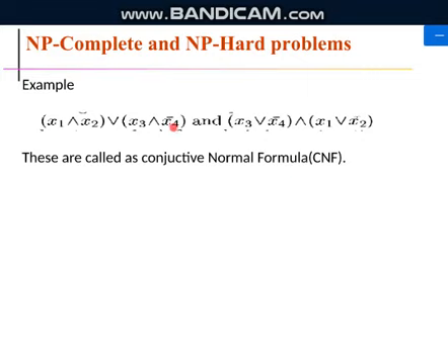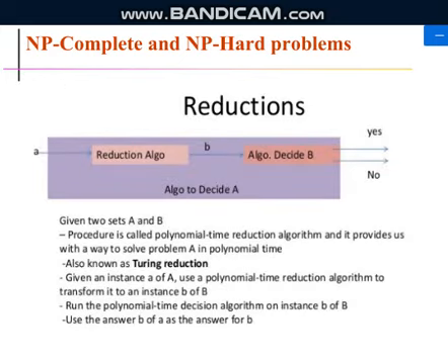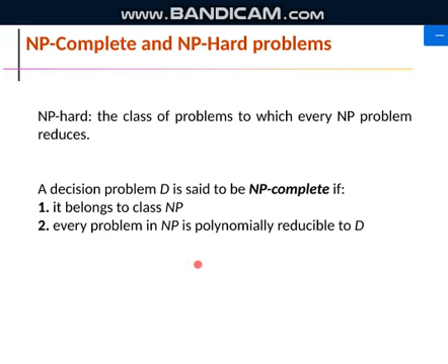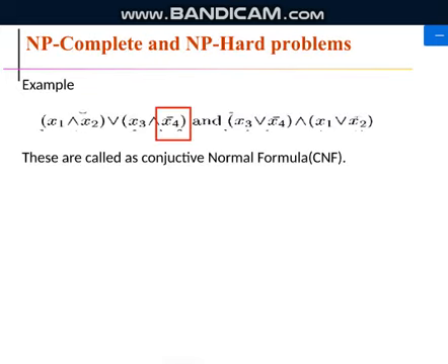See, using those or and and, here you have 4 literals: x1, x2, x3 and x4. It can be x1 or it can be the negation of x1. You can see here for x4, the negation of x4 has been taken. These are some variables or values we are going to consider. For that you need to get the decision, so you can generate the tree and get the decision for that.